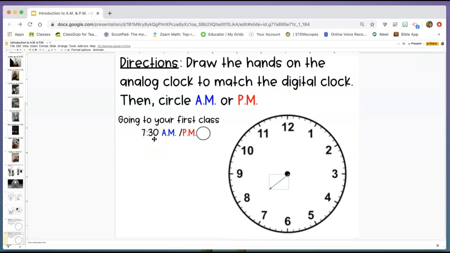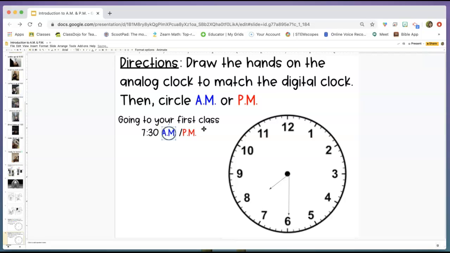The minute hand, which is the long hand, needs to point at 30 minutes. Well, I have to remember to start at 12 and then skip count by fives. So 12, which is 0 minutes, 5, 10, 15, 20, 25, 30. And I'm going to draw a long hand pointing at the 6. Now that I finished drawing the hands on my clock, I need to figure out whether or not it is AM or PM. So typically, when we get to school, it's 7:30